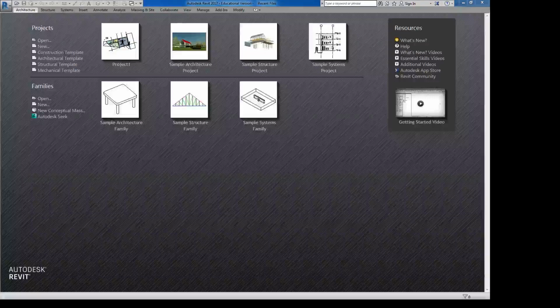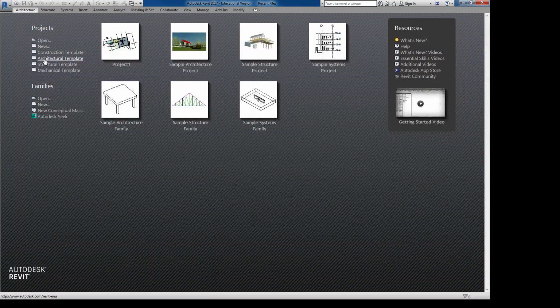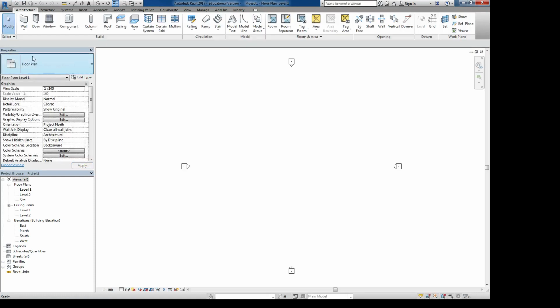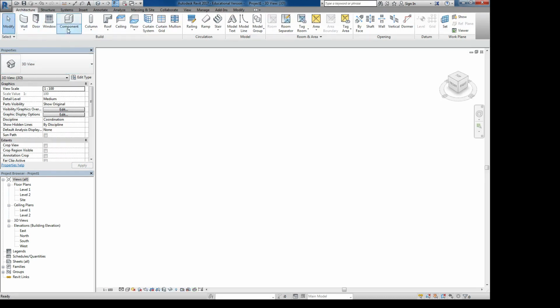So the first thing I want to show is, there was a question about how to do railings on an angle. The railings are usually hosted by an element, so it really depends on what is hosting that railing. Just showing you guys very quickly in a 3D view, if you want to put in a floor,